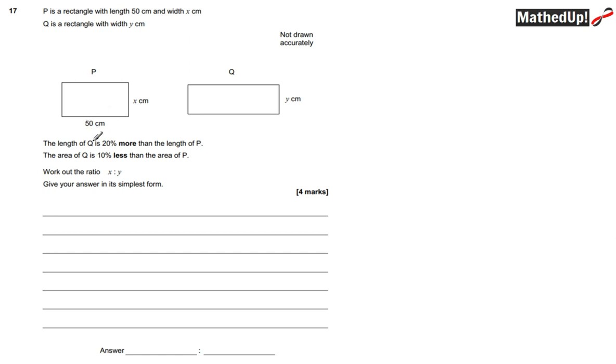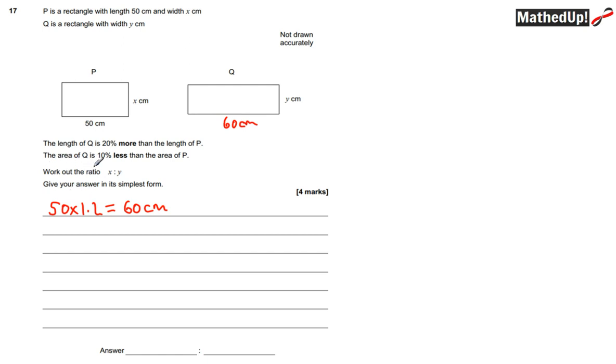So we know this is 50 centimeters. That's the length of P, and Q is 20% more, so we need to do 50 times 1.2 to increase it by 20%, and that gives us 60 centimeters. So I now know that this here is going to be 60 centimeters. Okay,